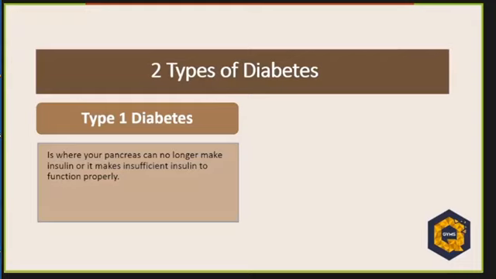In our pancreas, we have the beta cells. The beta cells are the ones responsible for pumping insulin. When we have type 1 diabetes, our body mistakes them as a threat and attacks the beta cells in the pancreas until they are destroyed. That's how people get type 1 diabetes. So it's an autoimmune disease.